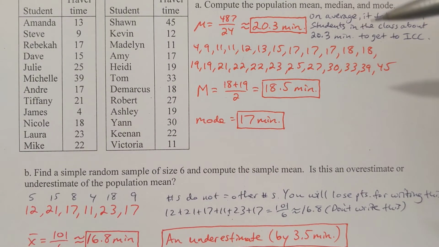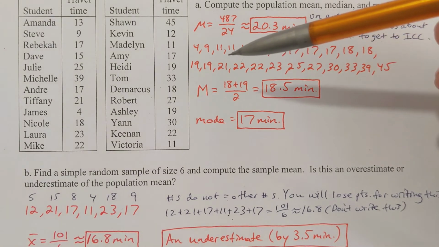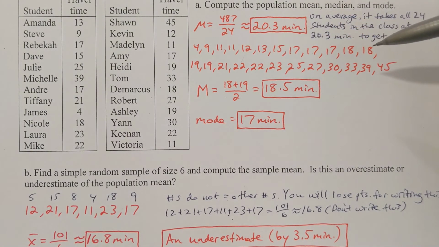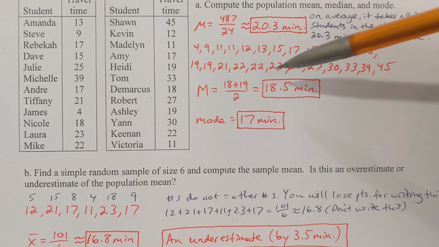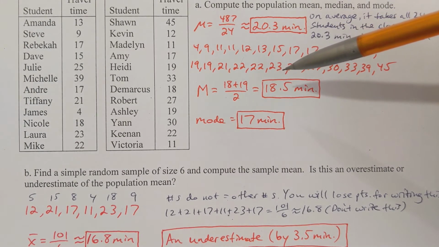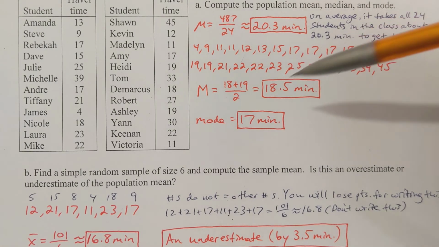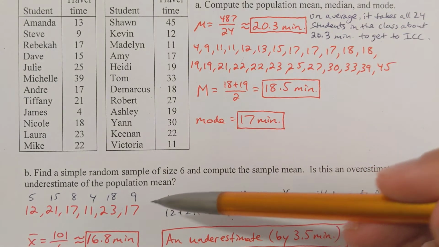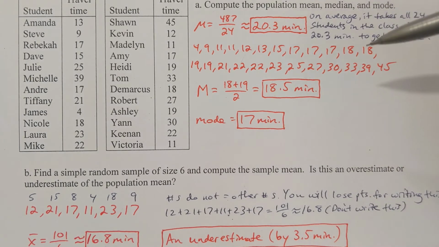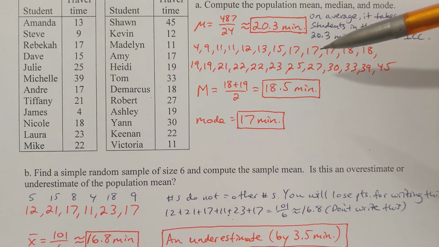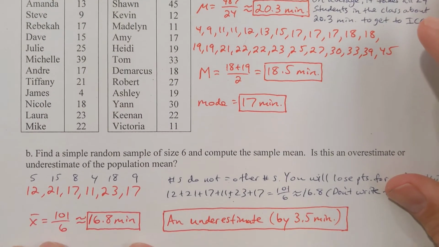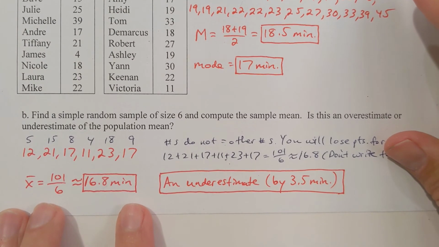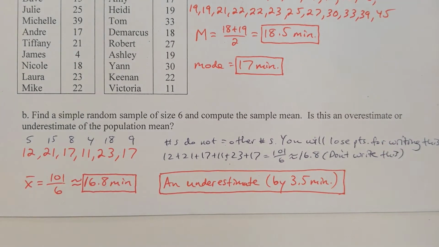The 18th number should be what? Here's 12, 13, 14, 15, 16, 17, 18, 23 minutes. Okay, and then I hit enter one more time, and I get the number 9 to show up. So the 9th number listed is 17. So this group of 6 would be my simple random sample of size 6, and I want